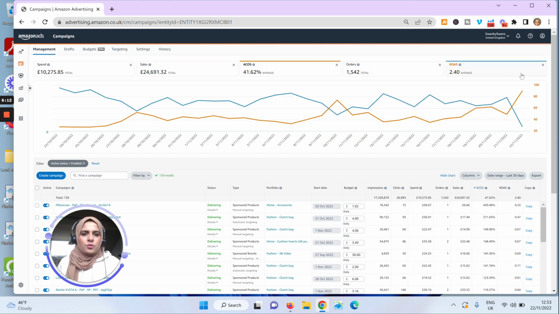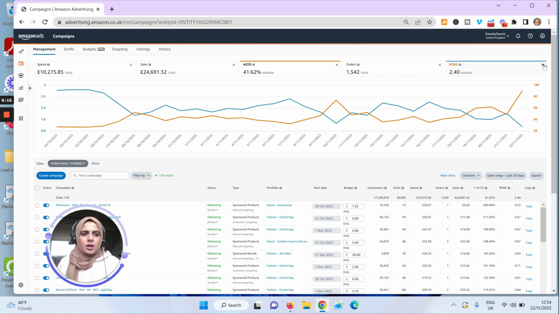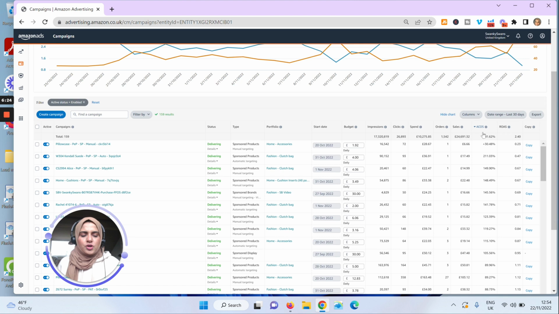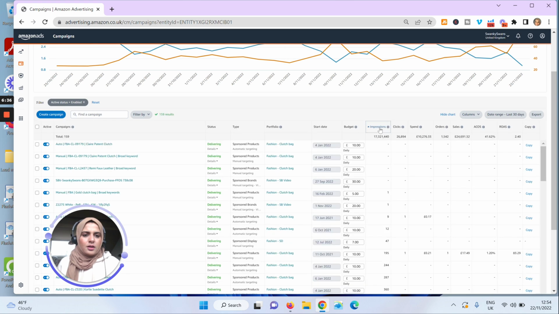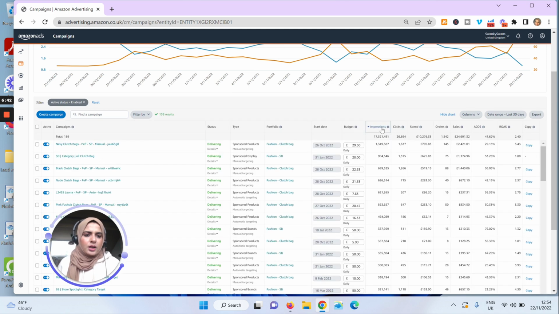You can also remove, or basically add, any metric that you want from within there, and so that's that. And then all your campaign data will be showing here. Also, you can click on the word here and it will sort from highest to lowest or lowest to highest. Okay, so it just depends on what you're trying to do, and then you can just see the information that